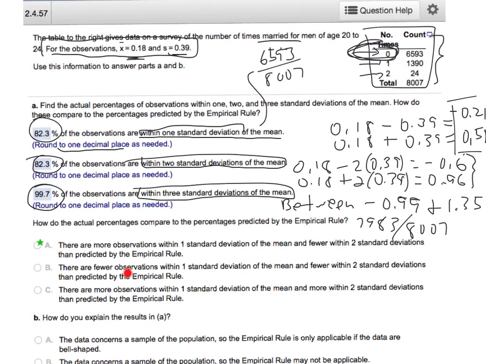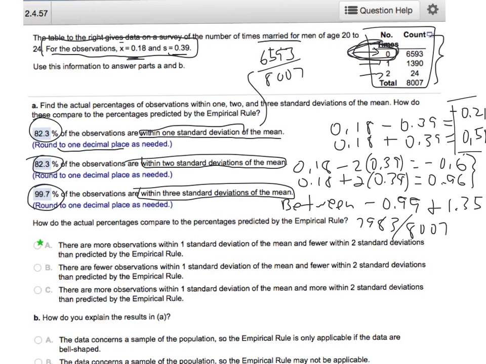And if we look at the choices, we see that the first choice is what we mean. There are more things within 1 standard deviation than the empirical rule would predict, but there are fewer things within 2 than the empirical rule would predict. And if we wanted to add on, we could say, and the number that are within 3 standard deviations is about right as far as the empirical rule is concerned. So the reason that